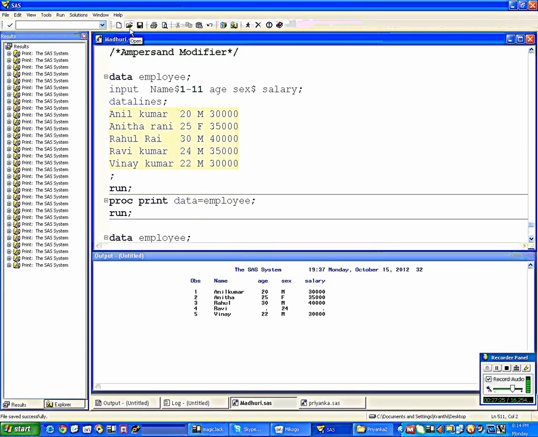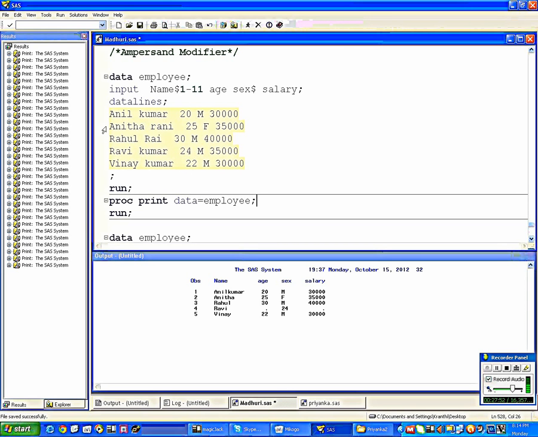And what is the ampersand modifier? Ampersand modifier means when there is a double space, then it will stop reading. See, after Anil Kumar, there are two spaces. Then after Anita Rani, there are two spaces. Then after Rahul Rai, there are two spaces. Then two spaces. Then two spaces.